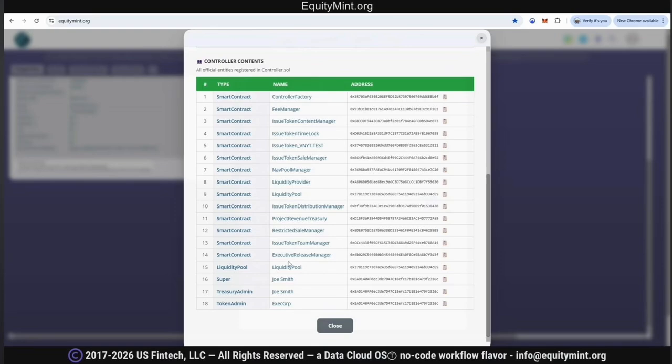This is actually live, and it contains a treasury admin, a token admin. You, as a super, can add another treasury admin or another token admin, right? So once you remove yourself as super, that's it. The system becomes fixed. So you might never want to do that, or you might want to give the super authority to a special registered